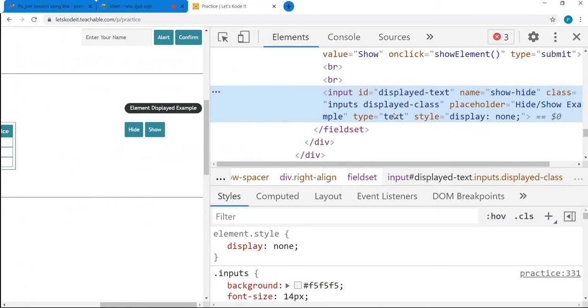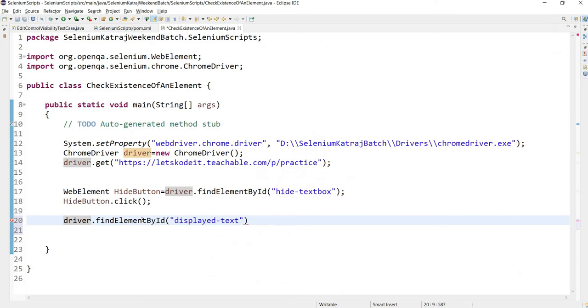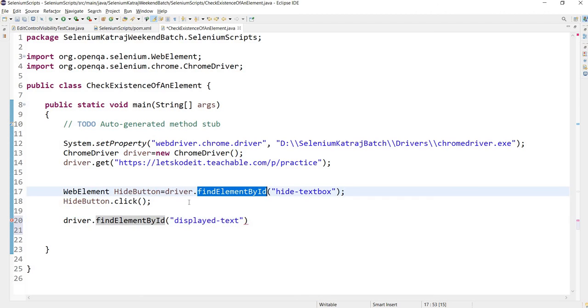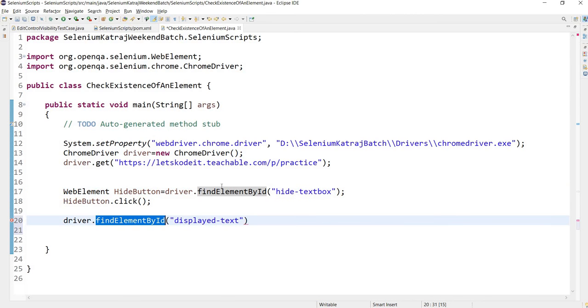But if the driver doesn't find the element in the DOM, how does the API react in that case? It returns us an exception called no such element exception. So if you are finding an element using any findElementById, findElementByName, findElementByCSS, if the element is found, that element's scripting reference gets returned.